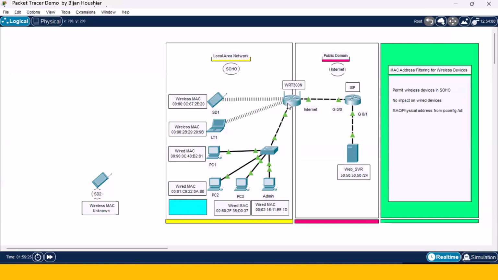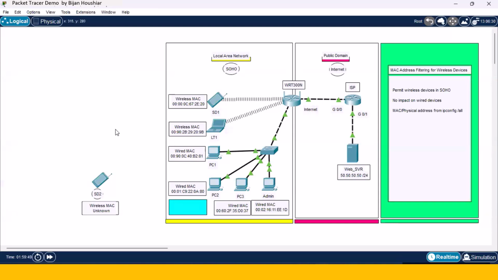On the LAN part of it, it acts as a DHCP server, assigning IPv4 addressing to these devices. On the internet part of it, it is a client of a DHCP server, and the ISP router acts as DHCP server to provide IPv4 address to the internet part of the